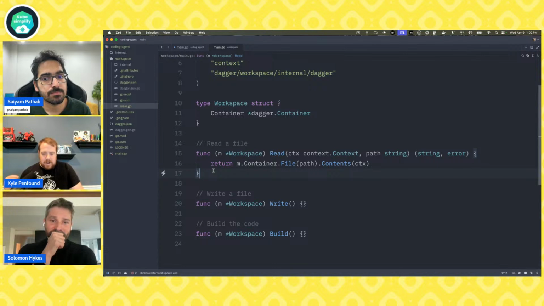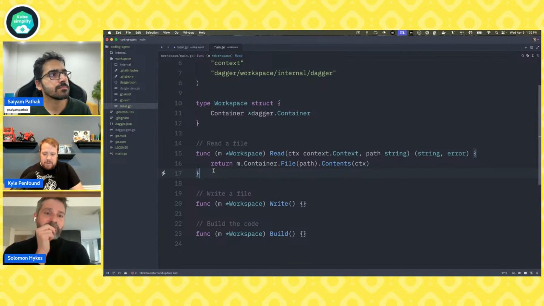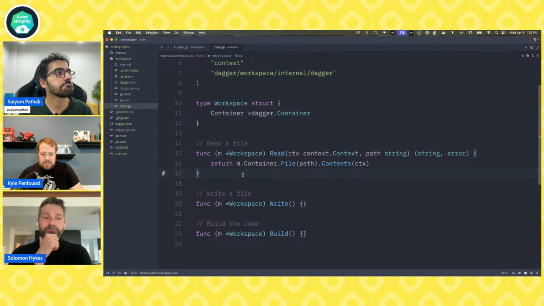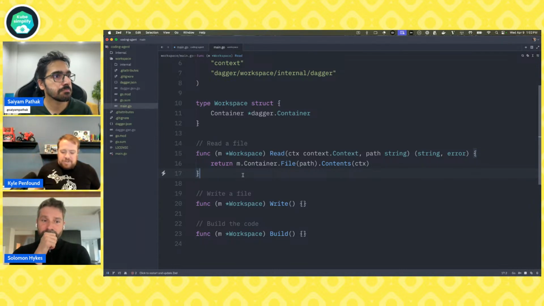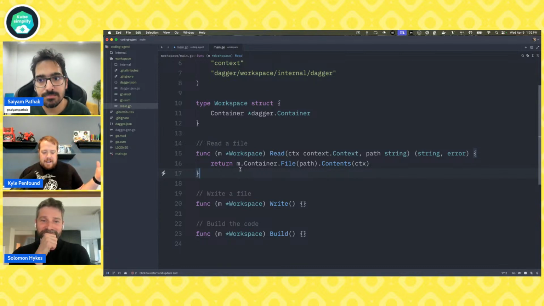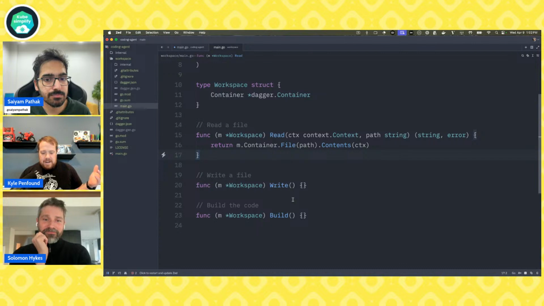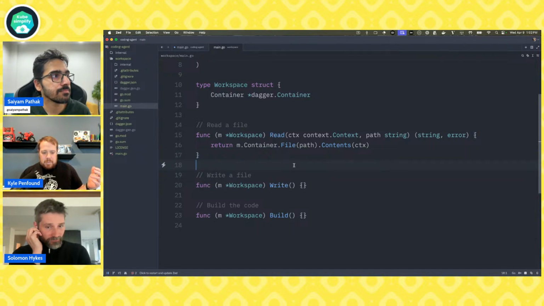And so I have an agent where I can pass in a Dagger module, and it'll give me back the same module, but in each different language that we want to support in the documentation. So yeah, I'll show that at the end. It's a pretty cool little bonus. But yeah, we've got a read function done. So now we just need our write function and our build function, and they should be pretty easy.